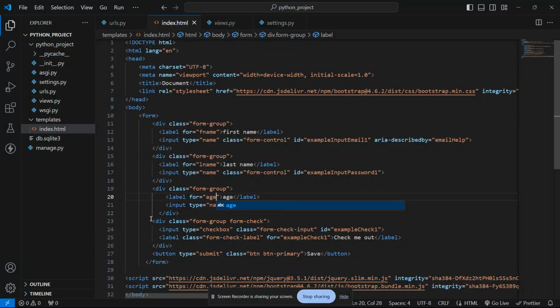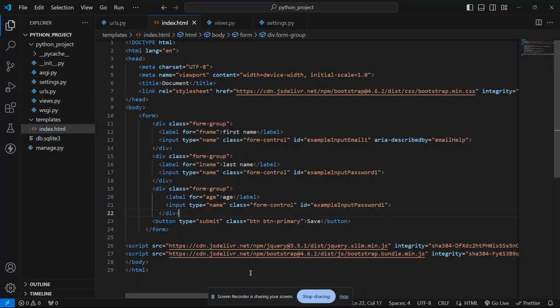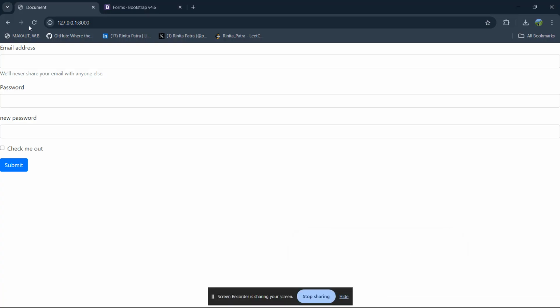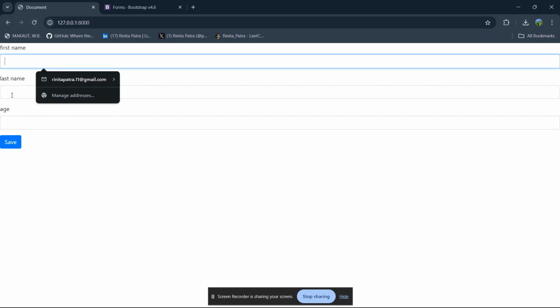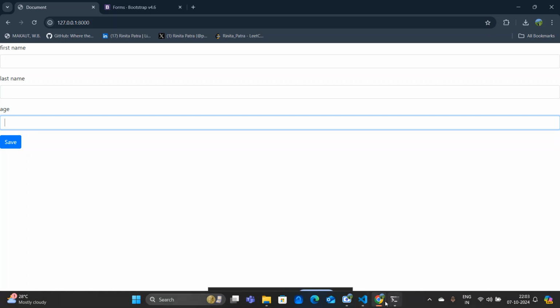Okay, I don't want this portion also, the check me out checkbox, so I delete that. Now I'm refreshing and you can see the first name, last name, and the age, and this save button.